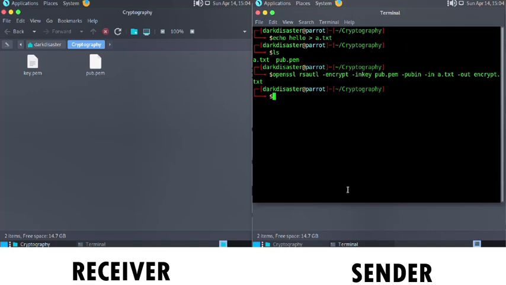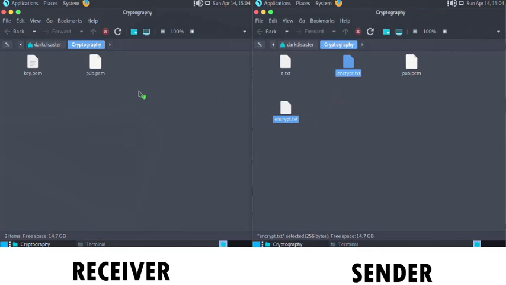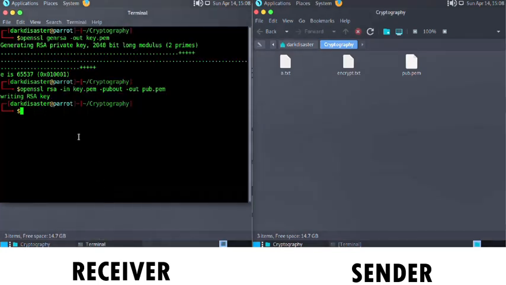Now we'll have to send the encrypt.txt to the receiver. We'll send this. So we got this file encrypt.txt from the sender to the receiver. Now let's try to decrypt it. For that, we have to use the command openssl rsautl -decrypt -inkey key.pem, since key.pem is the private key and we have to use the private key to decrypt it,